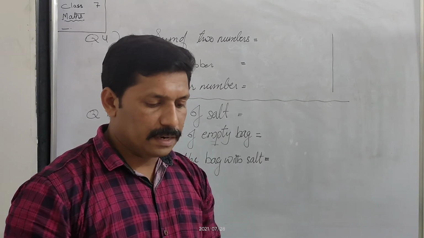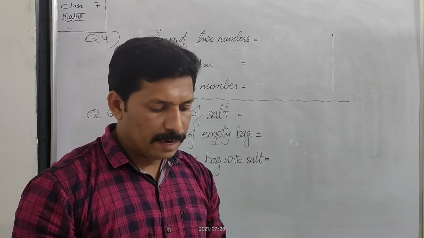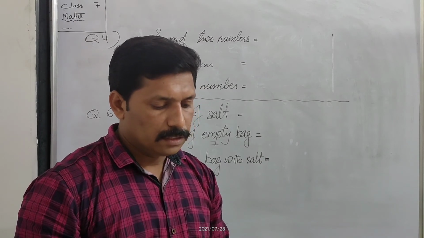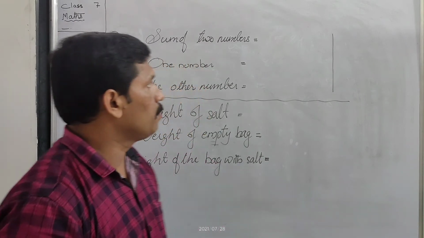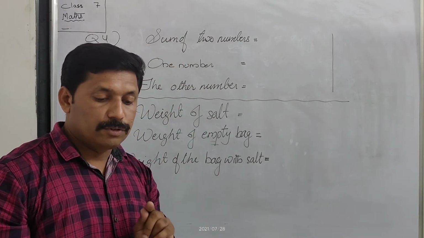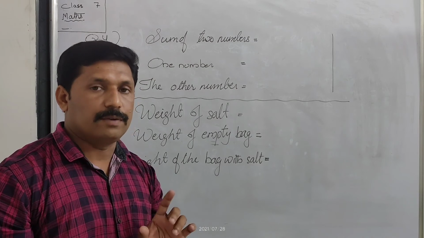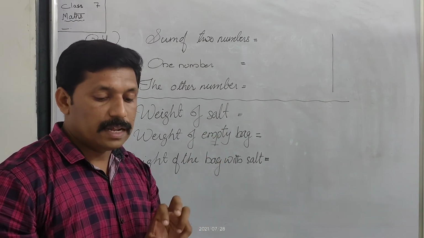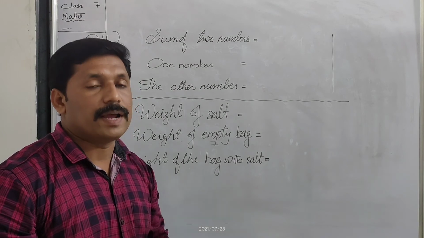That is word problems in exercise 4.1. 4 word problems are there. That is 4, 5, 6, and 7. So fourth question. The question I am not writing, only the answer part I am writing. The question is this: the sum of two numbers is 15.84. Means two numbers are added, then the sum is 15.84, and one number is 8.4. Then find the other number.